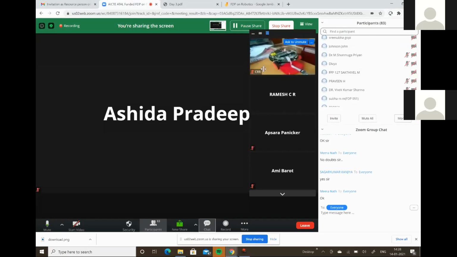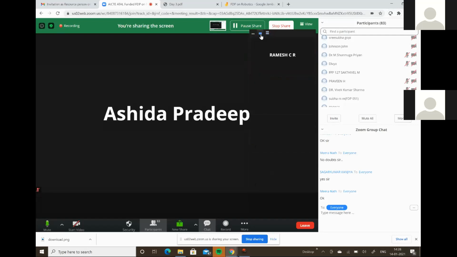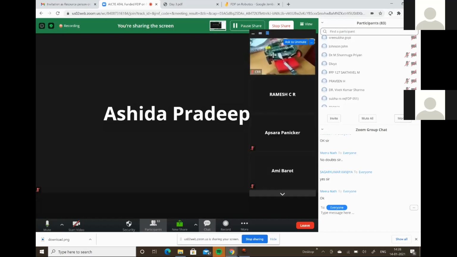So here you can see the screen. In this screen you can see the movement of the robot. Let me stop sharing so that you can see this in a higher manner. So we have the robot here, and from a system,